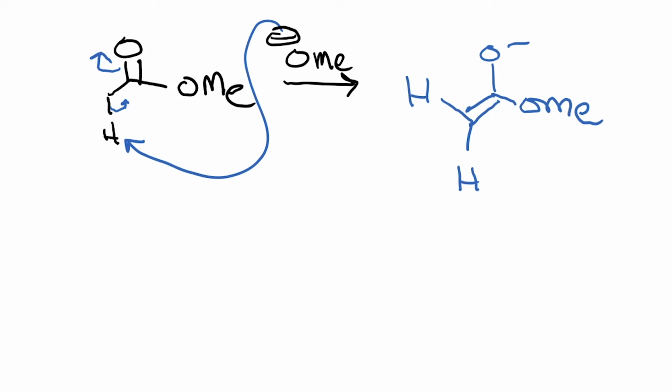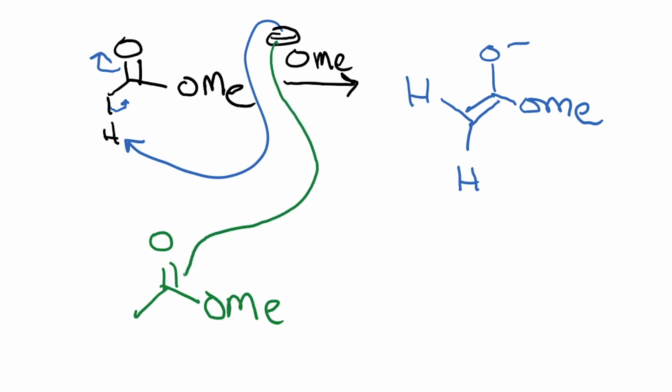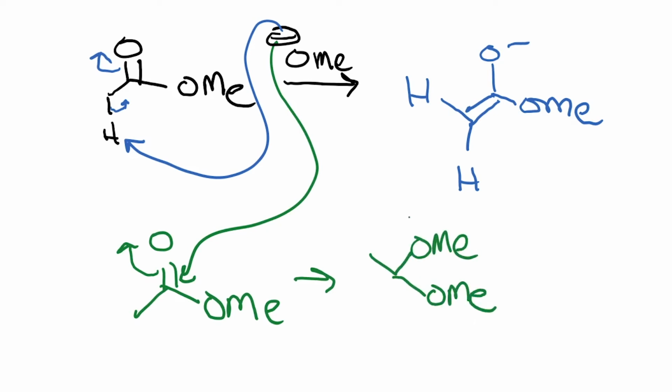Now you can ask the question, what happens if the methoxide actually attacks the carbonyl? Let's consider that option. If the methoxide attacks here instead, which it can certainly do, it's going to produce the tetrahedral intermediate that we are quite familiar with. So O minus, and then there's a CH3 over here. Now this can come in here and kick out the methoxide, and it is basically going to regenerate the ester. So using the right base for generating the enolate is very important.